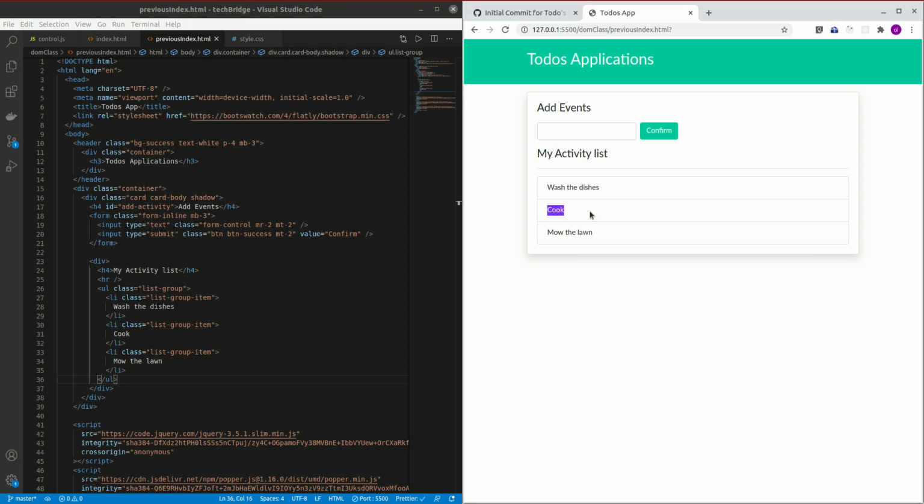The goal of the project was to be able to input items here ourselves. Let's say item 20. We click confirm, and it adds it to the list itself. And even more, the activity list should not be manually typed by ourselves. It should be loaded from maybe a kind of database, but because we're not working on